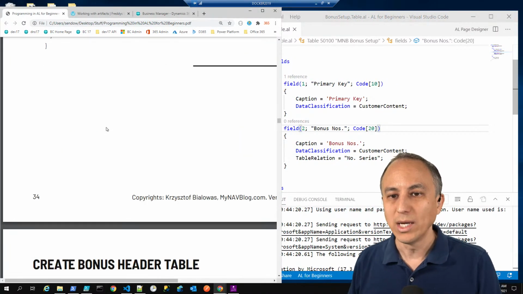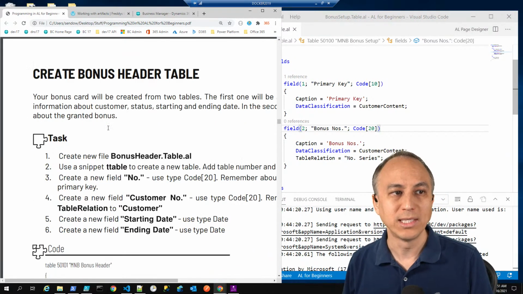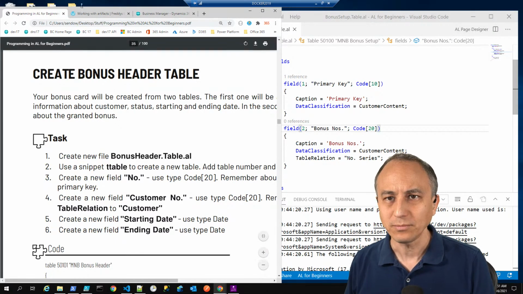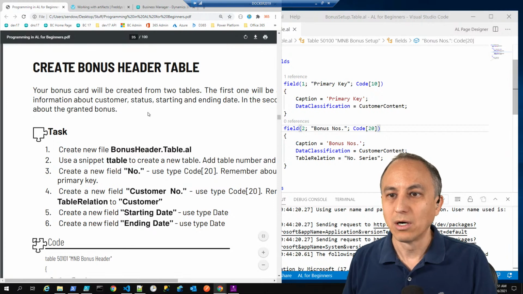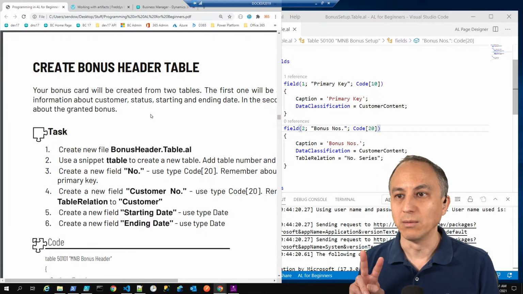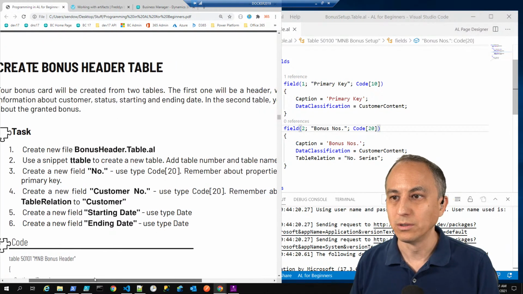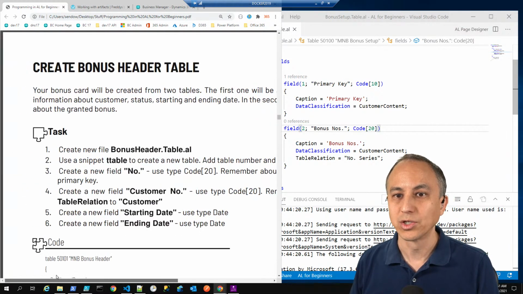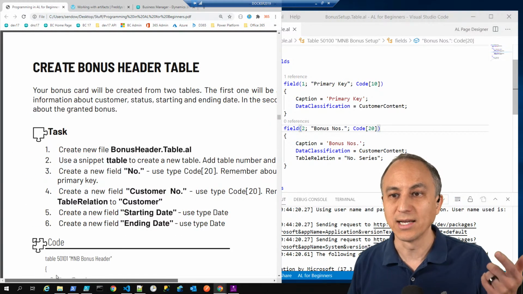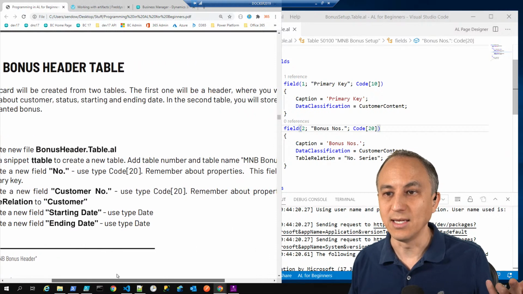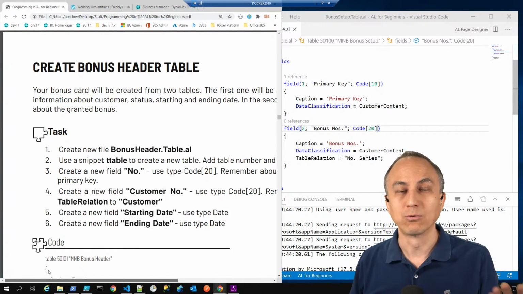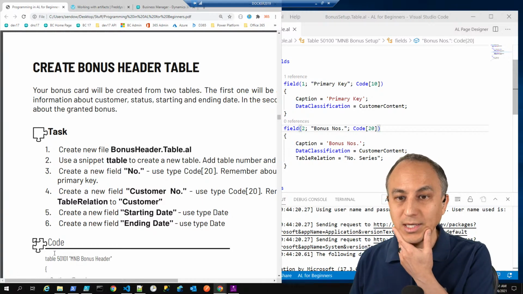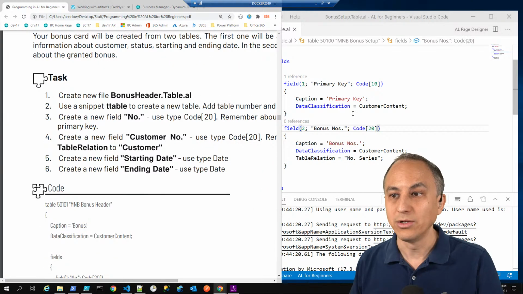Okay, so what is next? Create the bonus header table. Your bonus card will be created from two tables. The first one will be a header where you store the information about the customer status, starting and ending date. In the second table, you'll store information about the granted bonus. Interesting. Okay, so create a new file,